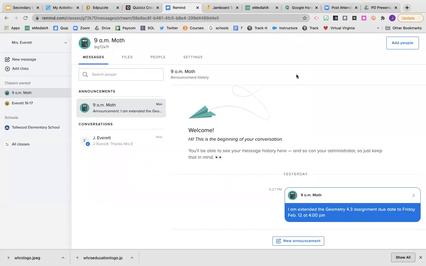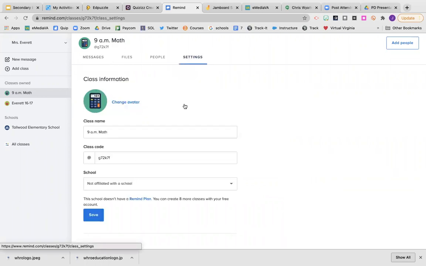And Remind is an app. Remember, I suggested downloading the app for your phone. So there are a couple of different options. In your phone settings, you can choose to have notifications turned on or off, or only come in at certain times. But I also believe